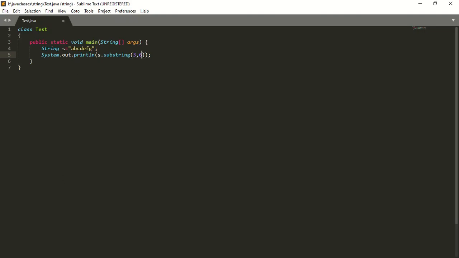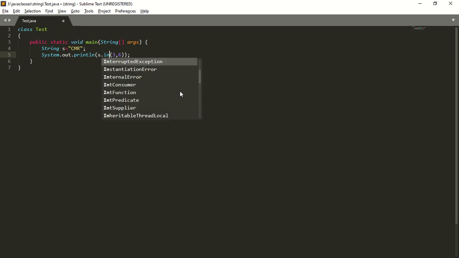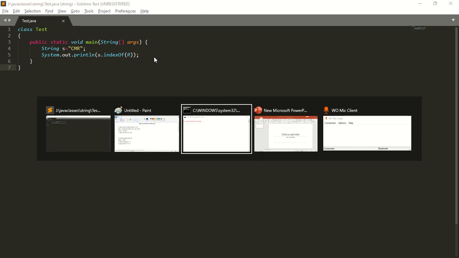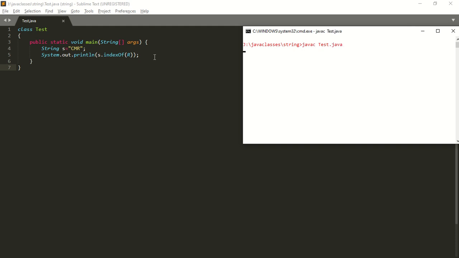So string s is equal to, what we had, "cmr". Next, System.out.println of s.indexOf(r). In which position is the r character there? The r character is there in position 2. So save the program, compile.